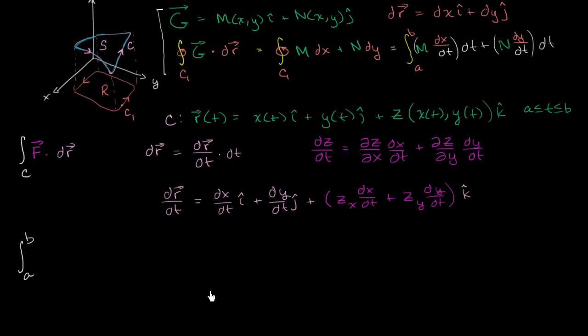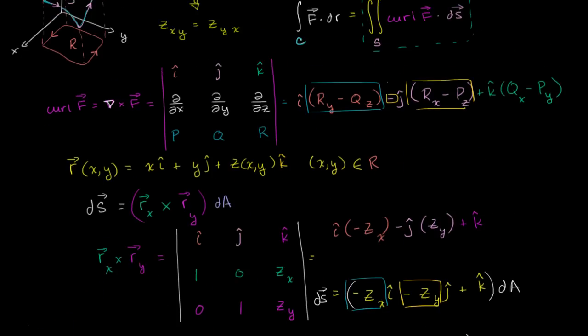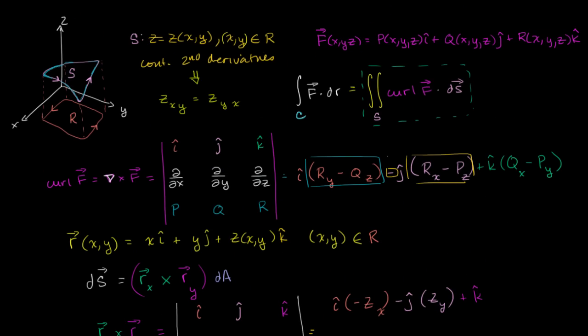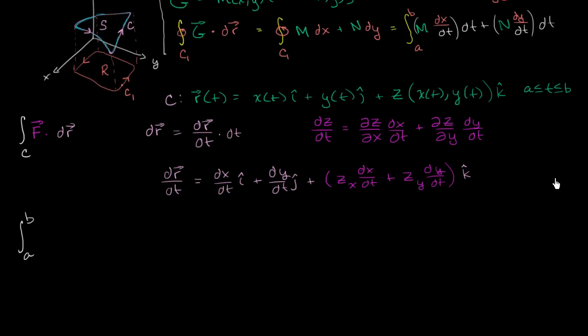Actually, let me just copy and paste. So F, let me rewrite it down here. Our vector field F is P times i plus Q times j plus R times k. So when we take our dot product of F dot dr, we're essentially taking the dot product of this, and we have to throw a dt at the end. So we're going to get